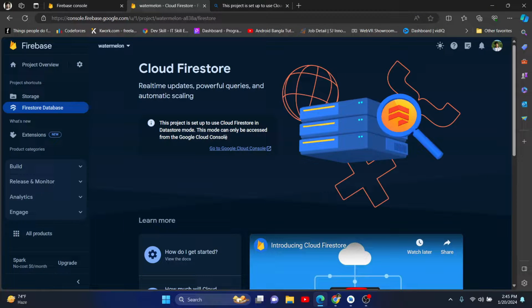In this video, we'll see what to do if you cannot use Cloud Firestore in Firebase console. Sometimes Firebase suggests you go to Cloud Firestore in Datastore mode because maybe your app has images and videos, and it is better if you use Cloud Console instead. To solve this problem, we need to click here,